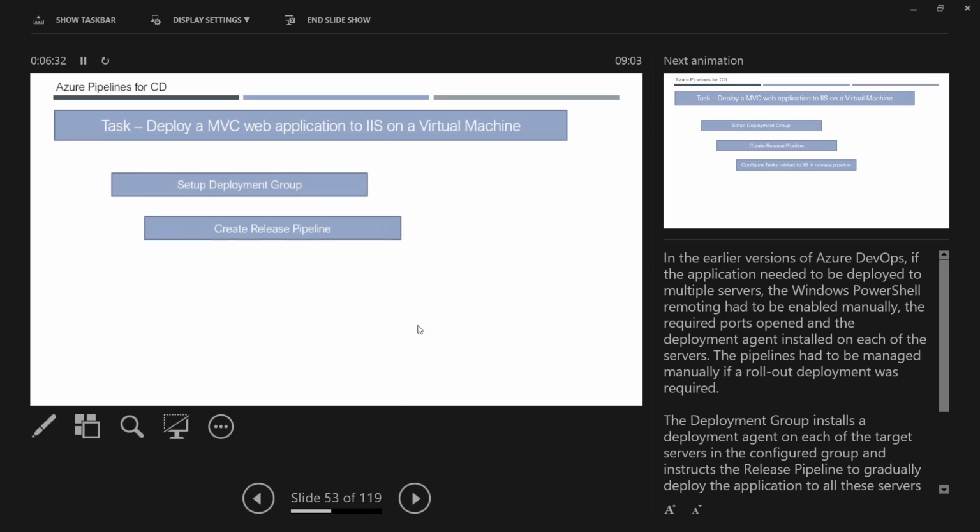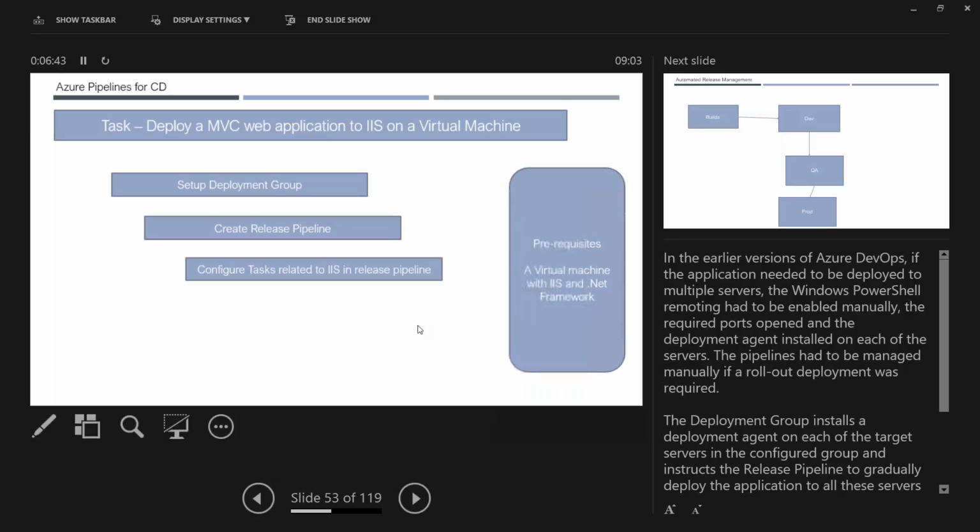So this is what you see. As part of these pipelines, there are a number of concepts to be learned. There are deployment groups, and then we create pipelines, and the way we created tasks in the build pipeline, the same way we do that in the release pipeline as well. It varies from application to application, and there are scenarios as well that we need to discuss. Configuration is always easy because you have the documentation, and this is all wizard based. If you make a mistake, it will anyway warn you. But scenarios are what you don't know.